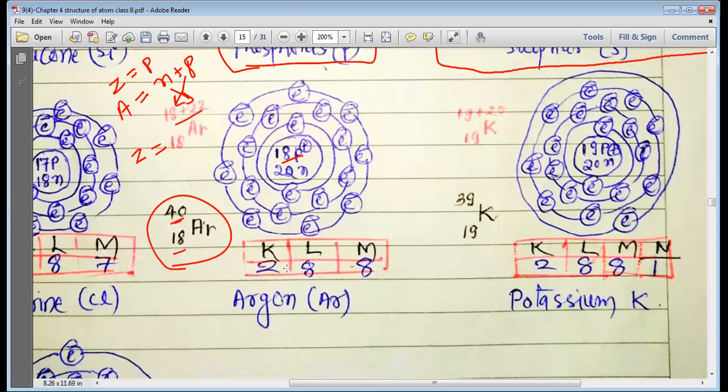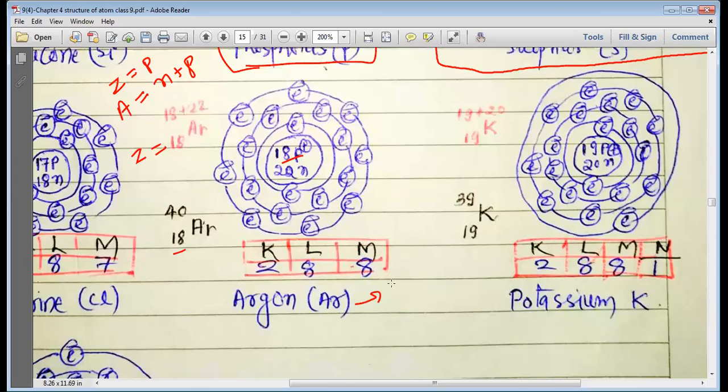My dear students, you can see that all the shells, K shell has been completely filled with 2 electrons, L shell is completely filled with 8 electrons, and M shell is completely filled with 8 electrons. And this is how, my dear students, we can say that all the shells, whether they are K shell, L shell or M shell, are completely filled by the electrons,